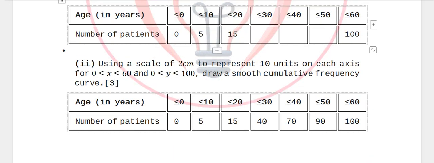The next question is, using a scale of 2 centimeters to represent 10 units on each axis, for 0 to 60 on the x-axis and 0 to 100 on the y-axis, draw a smooth cumulative frequency curve. Remember,